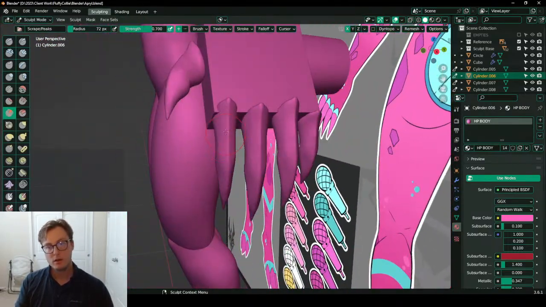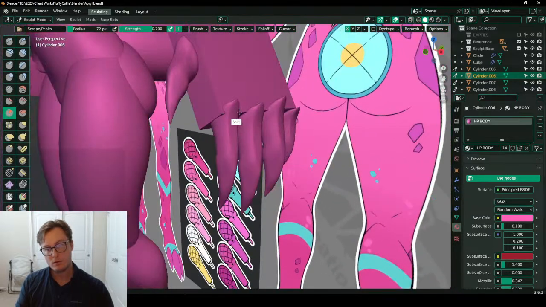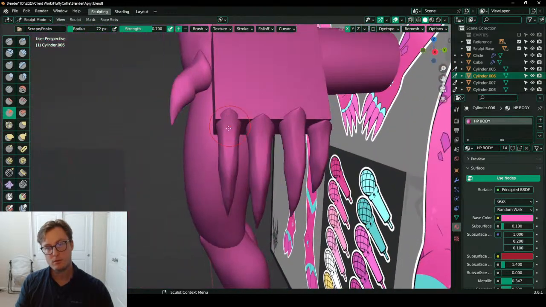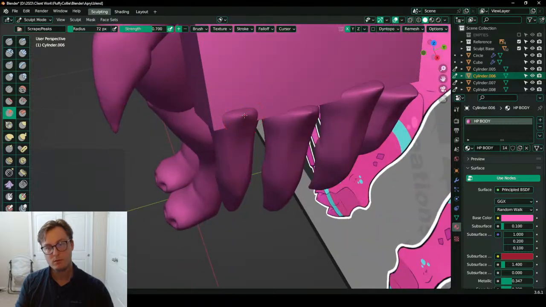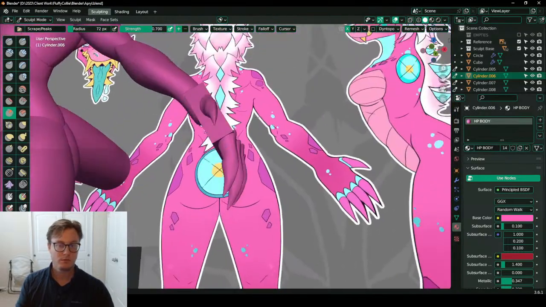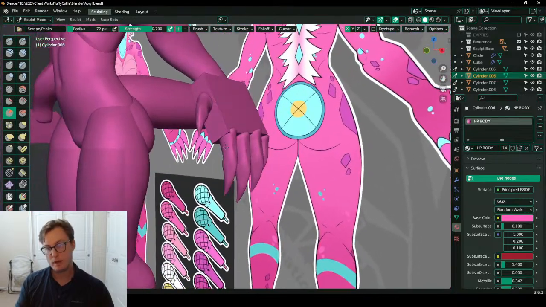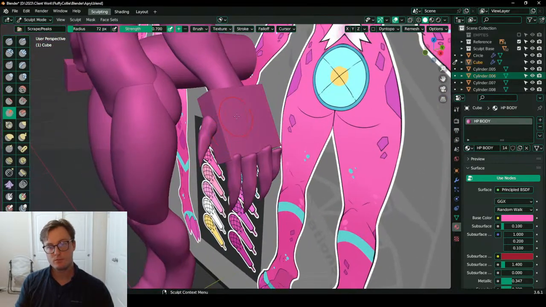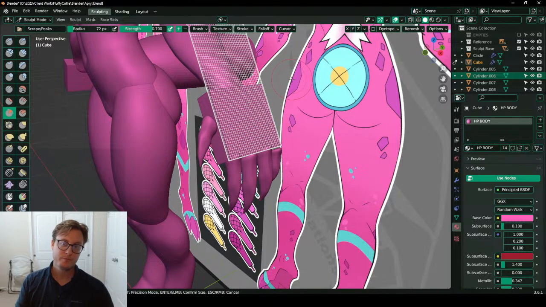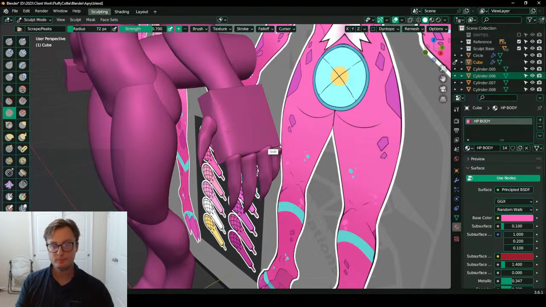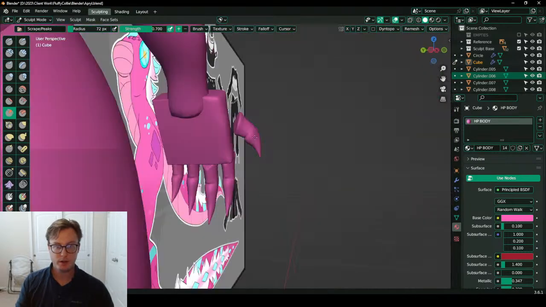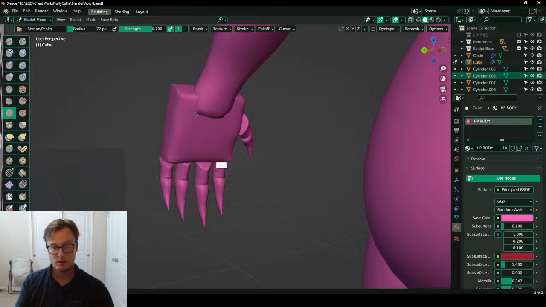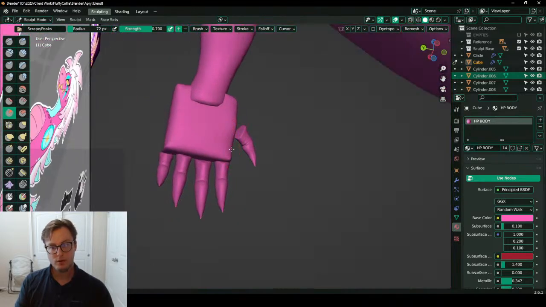A little too strong. Let's do a little bit of that. Smooth it out a little. Okay. Boom. And we can just start smoothing in the hand.